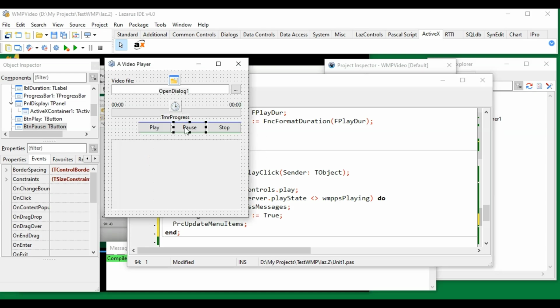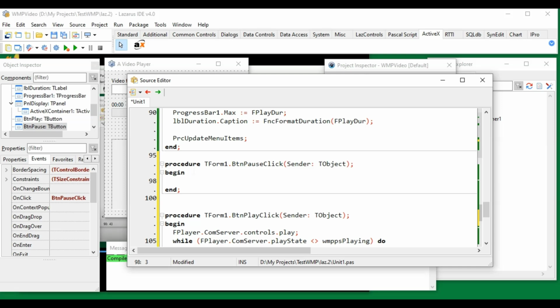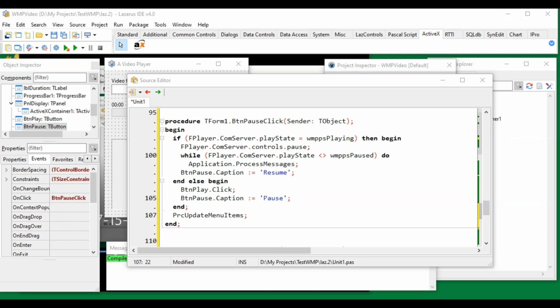The button pause, on click, will do two actions according to the state. That is, we're going to pause the playing when the current state is playing, and then set the text to resume.